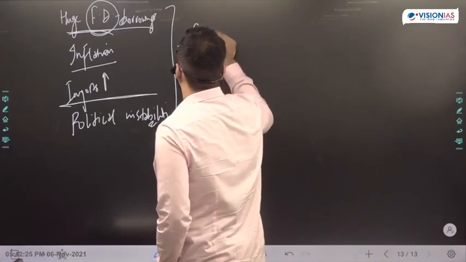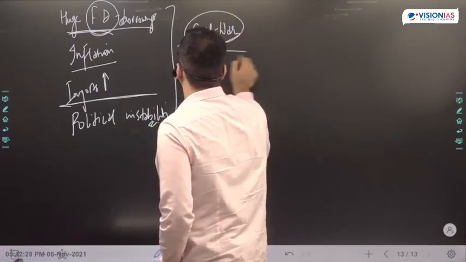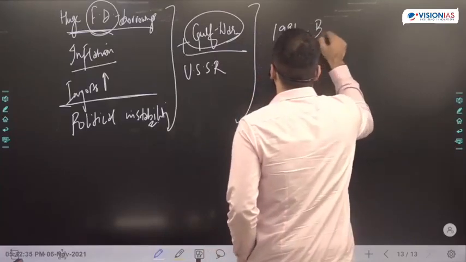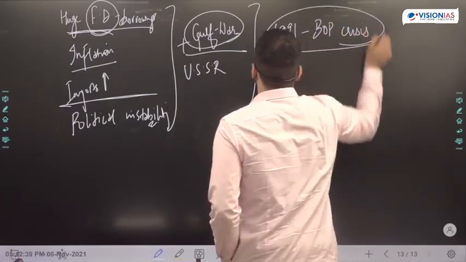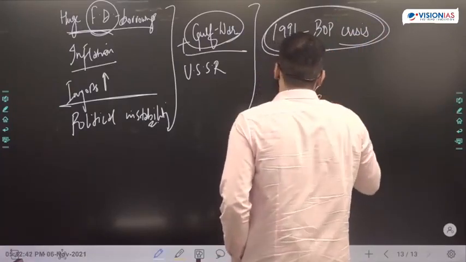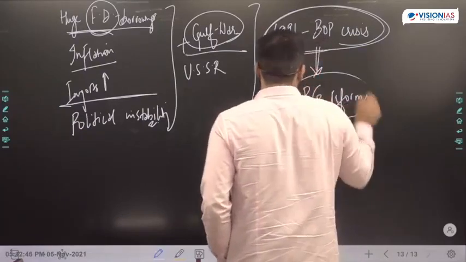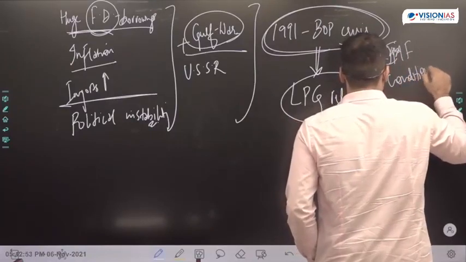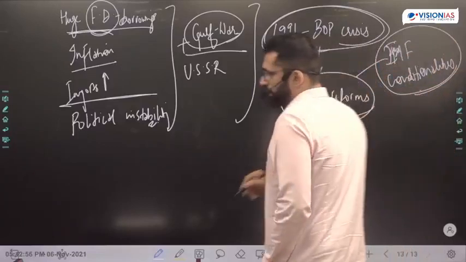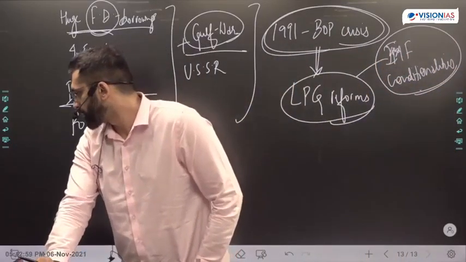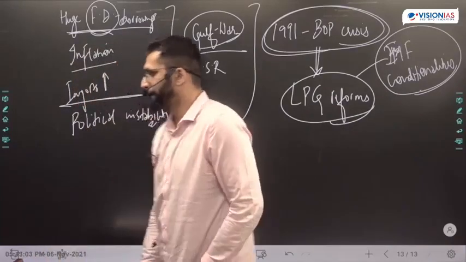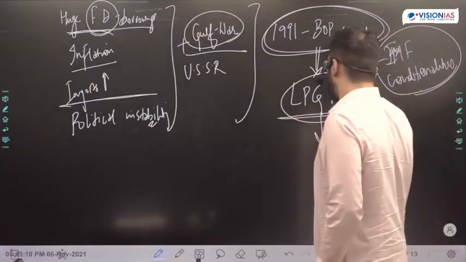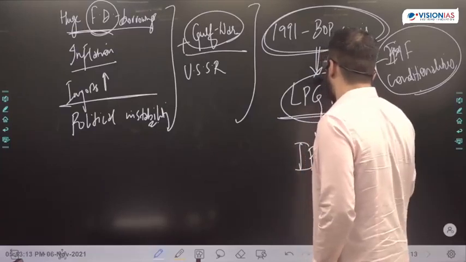On top of that, the Gulf War, imports all the more expensive. Then you had the disintegration of the USSR. This led to your 1991 BOP crisis, and this led to your LPG reforms. Also this was part of your IMF conditionalities. IMF gave a loan. The loan was contingent on bringing out reform measures. This is the context. LPG reform, one of the major reform measures is Industrial Policy Resolution 1991, opening up the